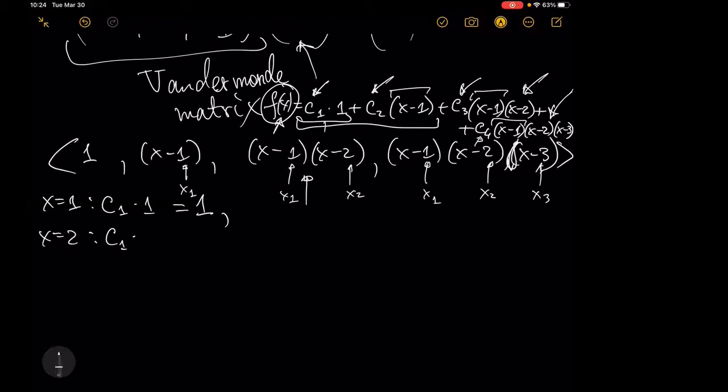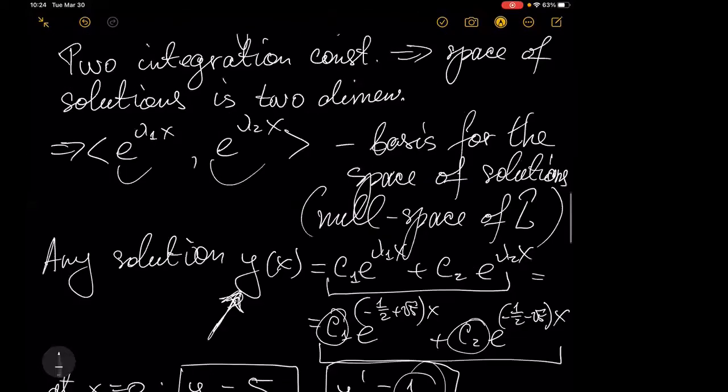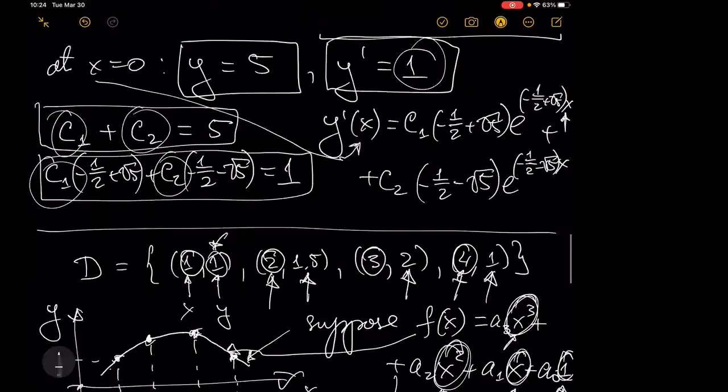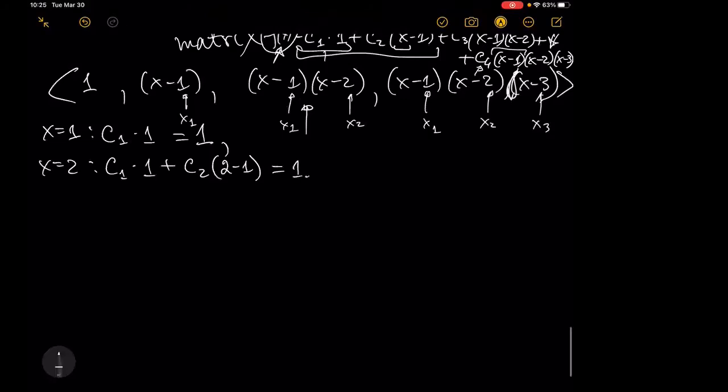So I'm getting C1 multiplied by 1 plus C2 multiplied by 2 minus 1 equals, have a look at this data set, y2 is equal to 1.5. X equal to 3 will give me C1 multiplied by 1 plus C2 multiplied by 3 minus 1 plus